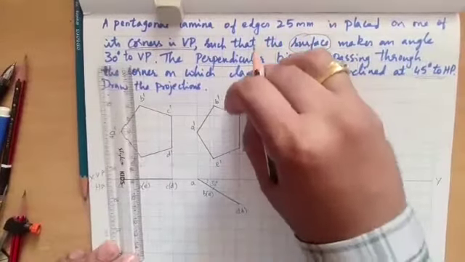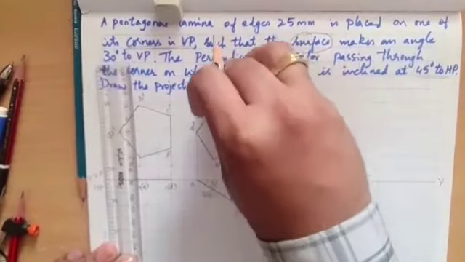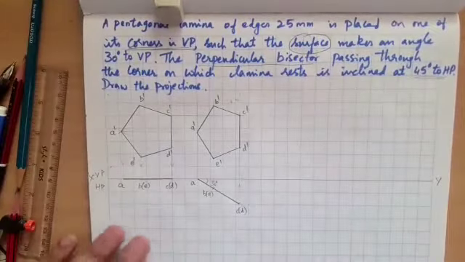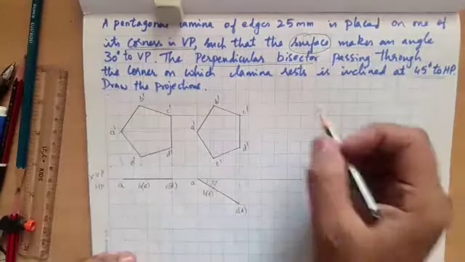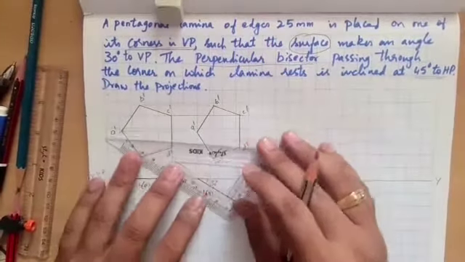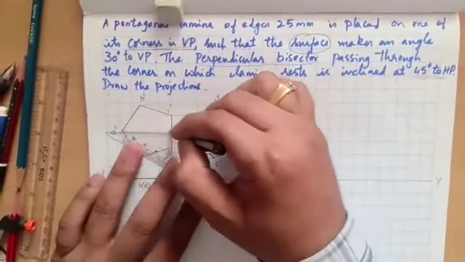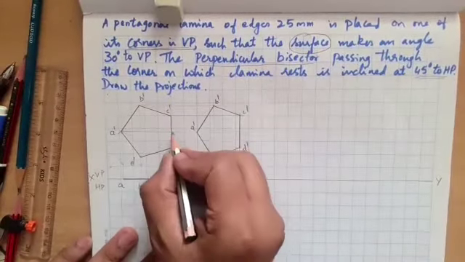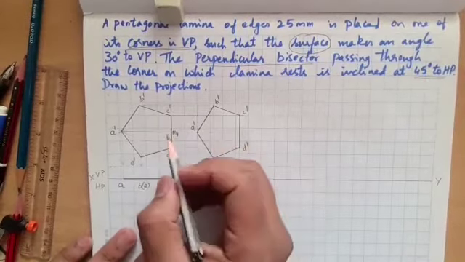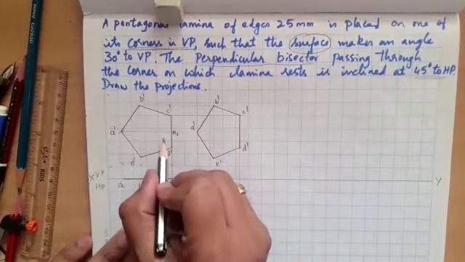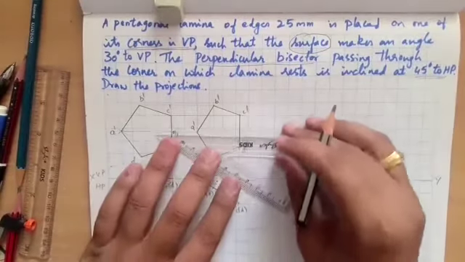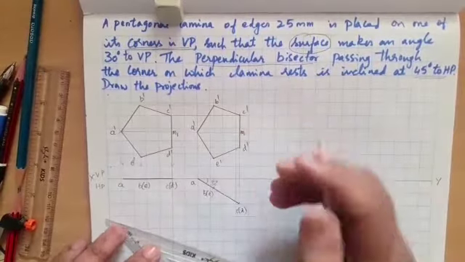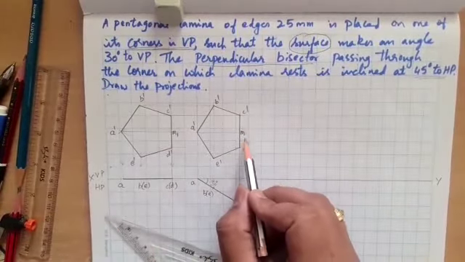And erase the unnecessary lines which are not necessary for me now. And very important for me, the next step, that is the perpendicular bisector. I'll name the perpendicular bisector like this. See here, this is the perpendicular bisector for me. Don't make it dark. So the true length of the perpendicular bisector, I am going to name it as M1. I'm going to name the true length of the bisector as M1. And the apparent length of the perpendicular bisector, I'm just naming it as M.